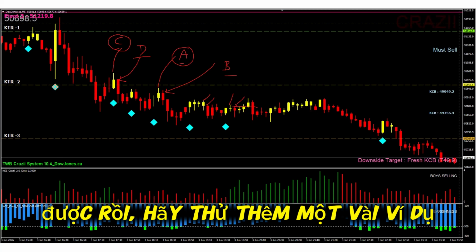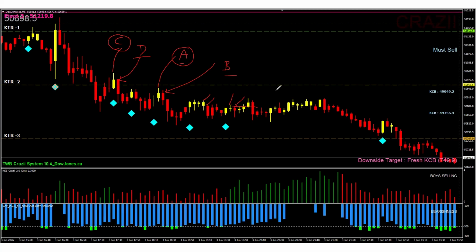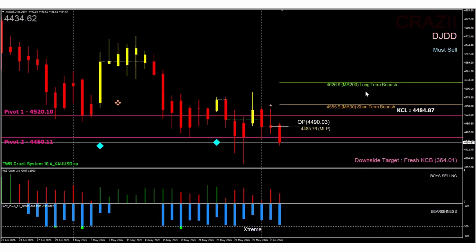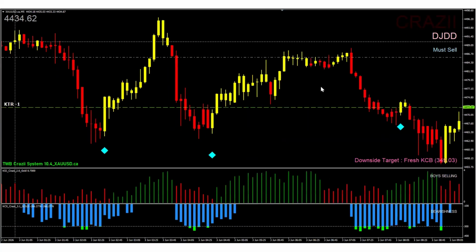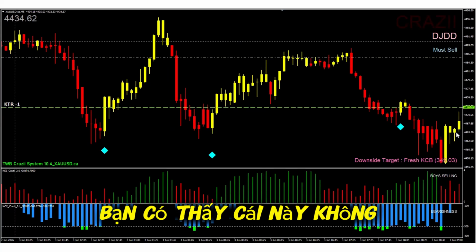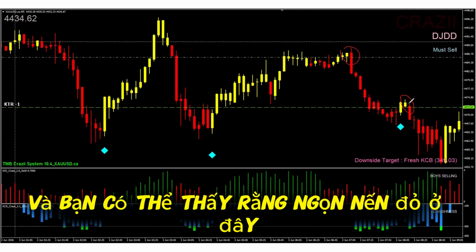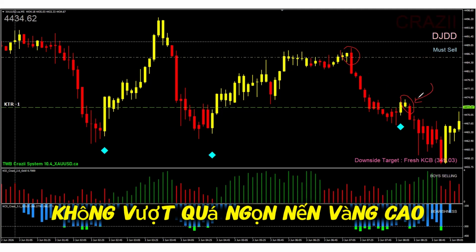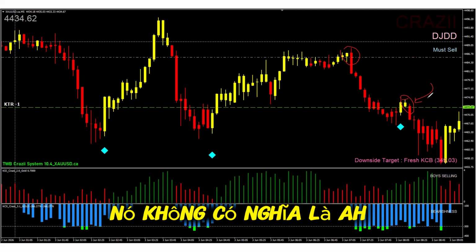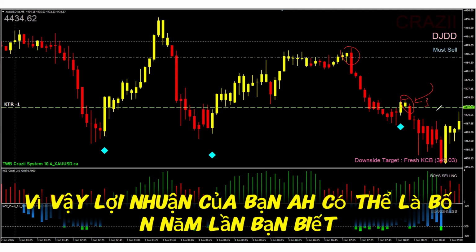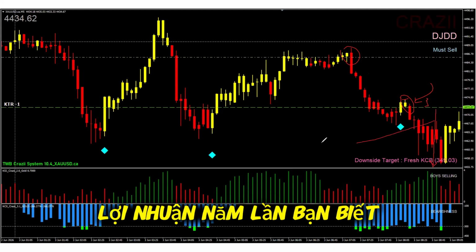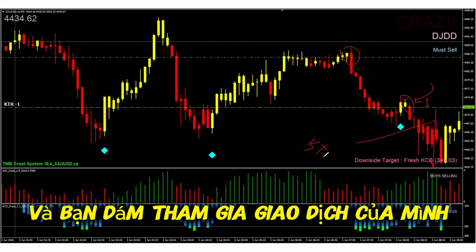Okay, let's try a few more examples. Let me find for you, yeah? Can you see this? So this is a K trend down, and you can see that the red candle here doesn't go beyond the yellow candle high. It doesn't. So that means your range can be so small, no? So your profit can be 4-5 times, no? That means if your range is very small and you dare to go in your trade,